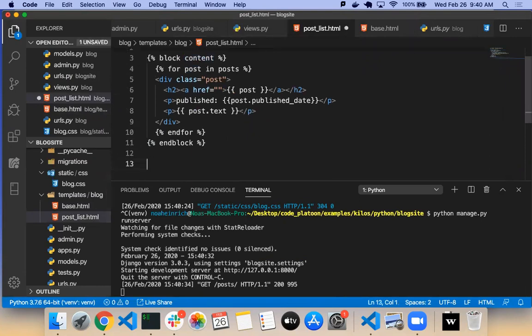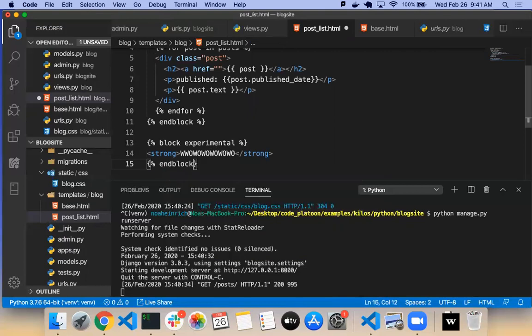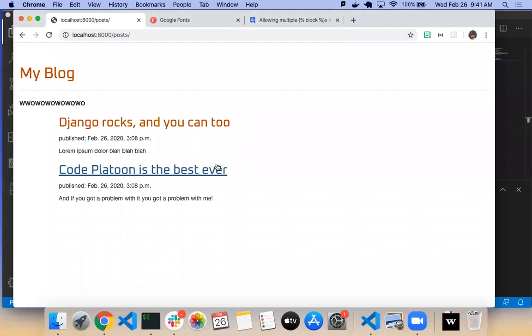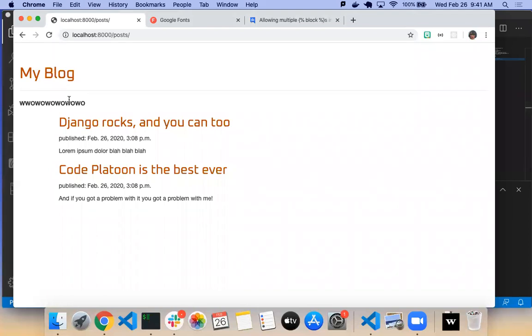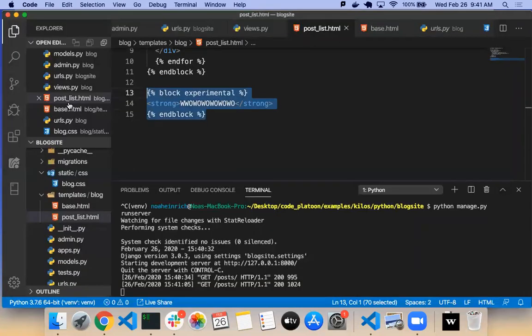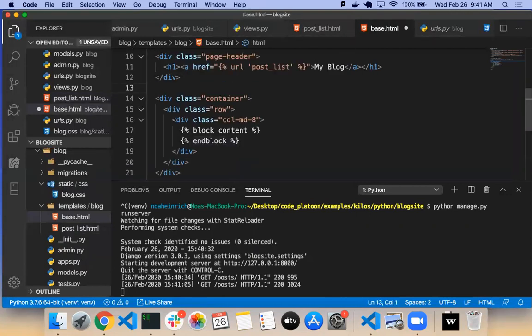But we could write something here called block experimental. Oh, cool. So even though it's below everything else in this HTML page, since I put it in this block, it says, okay, put that block here, where I told it to. Oh, really nice. Good questions, everybody. All right.